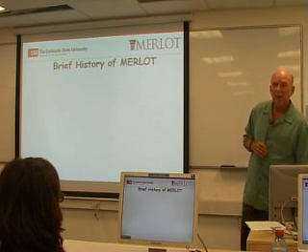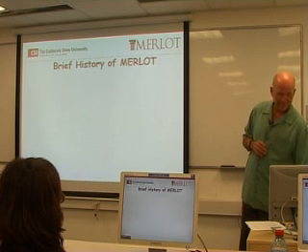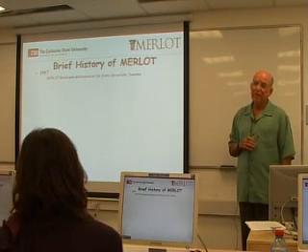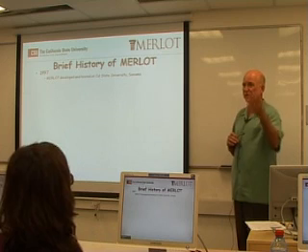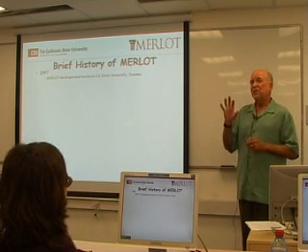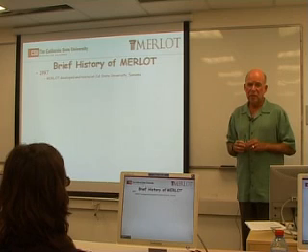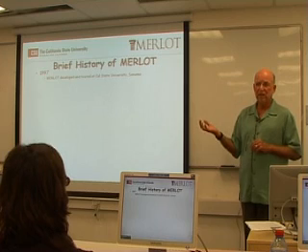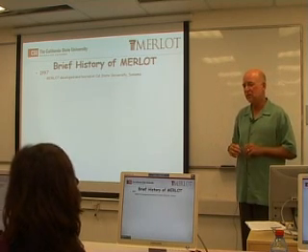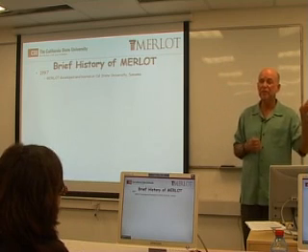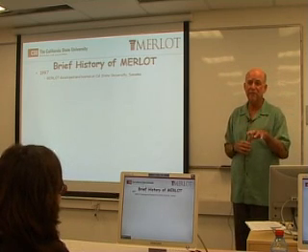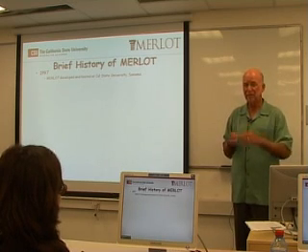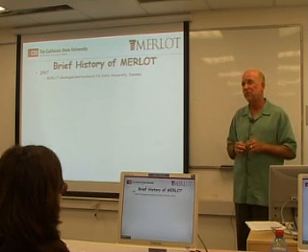Okay, so a quick history of where MERLOT came from. First of all, it started in 1997. And so that makes us almost 13 years old. It started in the California State University system. The California State University system has 23 universities in California. It's all called the California State University system. I'm a professor at one of them. They're all independent. Actually, as independent as Bar Ilan is, let's say, from Tel Aviv University. That's how independent. But it's all called the California State University.